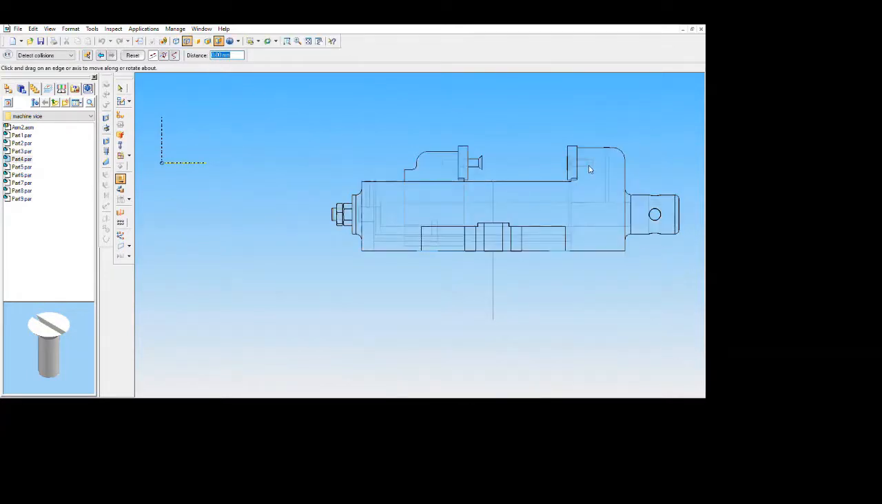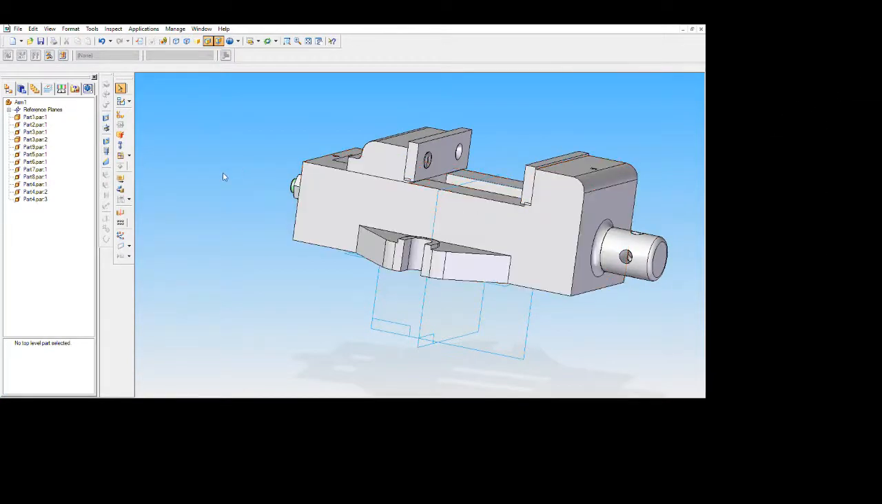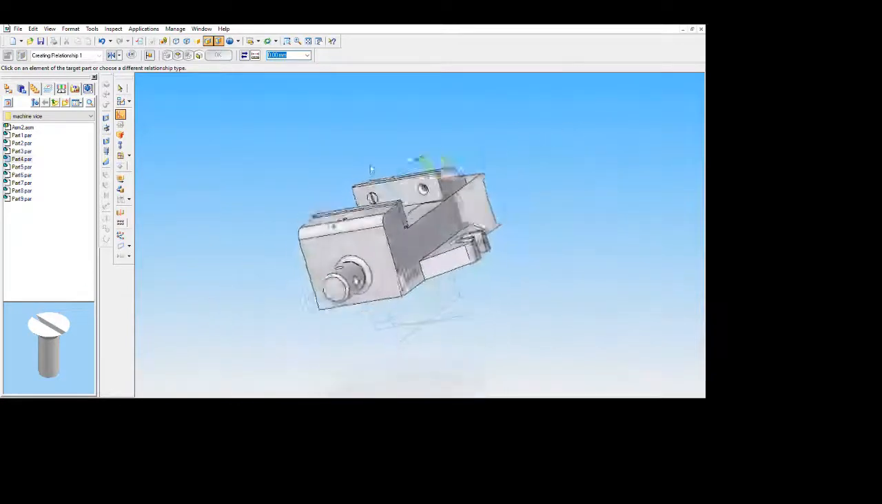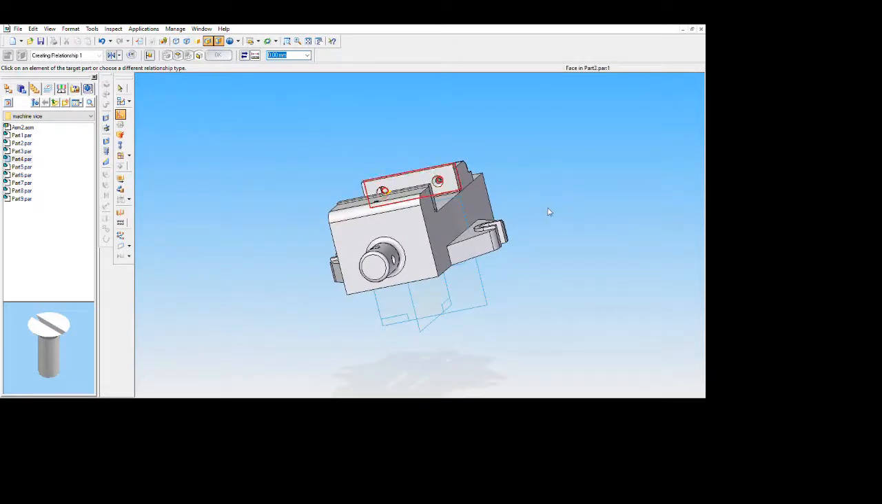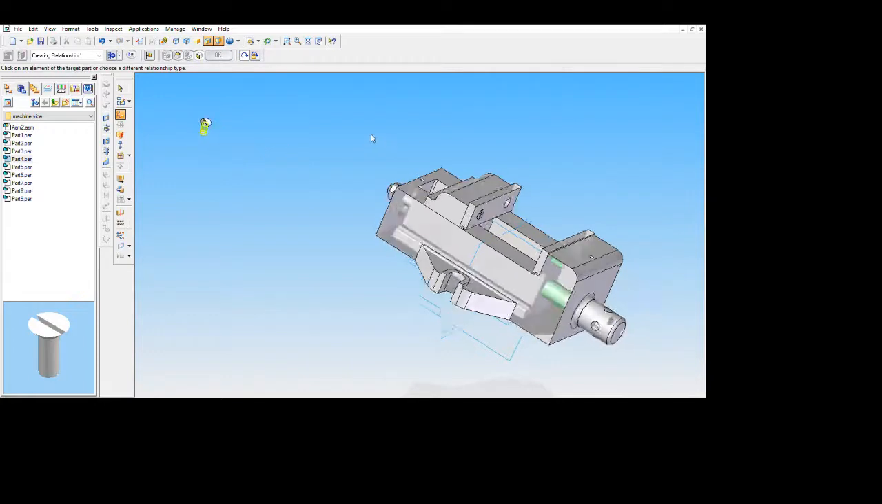select the visible and hidden edges, move it and place it exactly in the hole. Again summon the 4th part, go with axial align, select this,